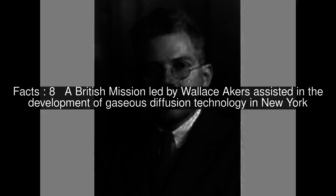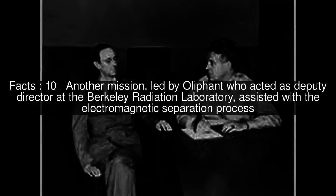A British mission led by Wallace Akers assisted in the development of gaseous diffusion technology in New York. Britain also produced the powdered nickel required by the gaseous diffusion process. Another mission, led by Oliphant, who acted as deputy director at the Berkeley Radiation Laboratory, assisted with the electromagnetic separation